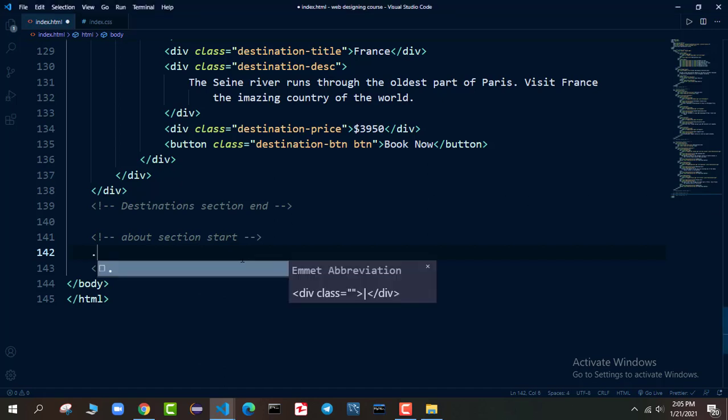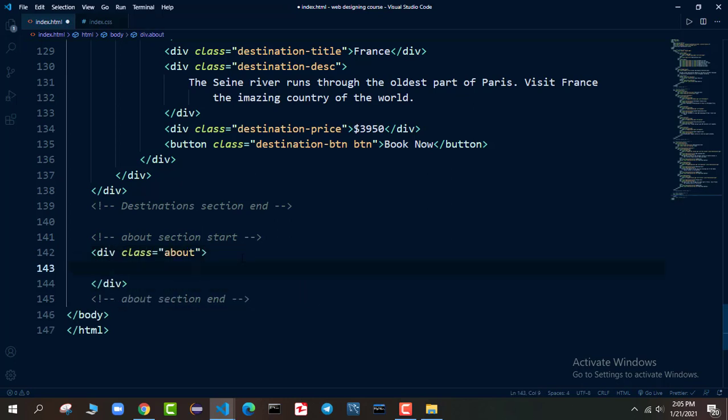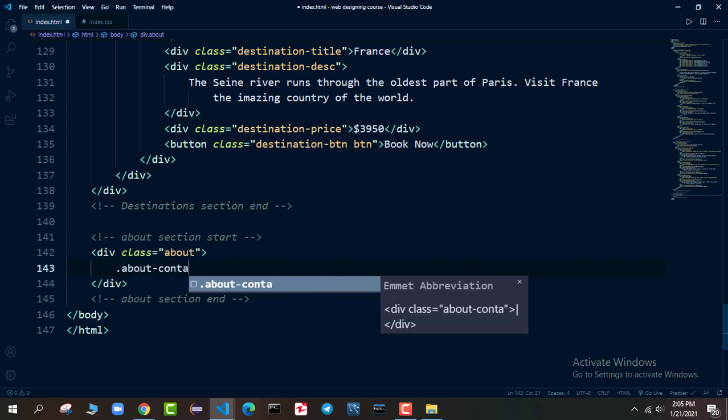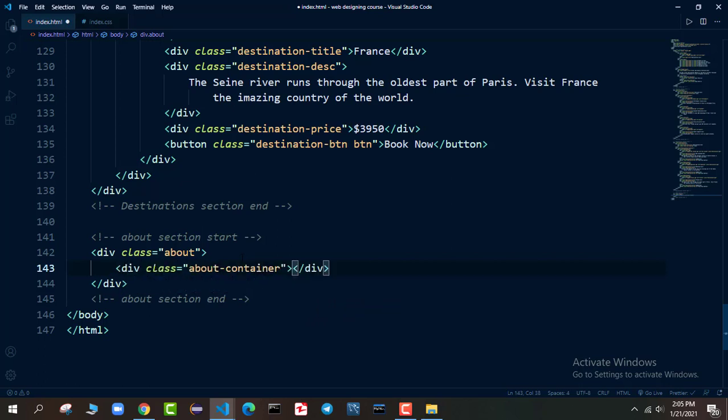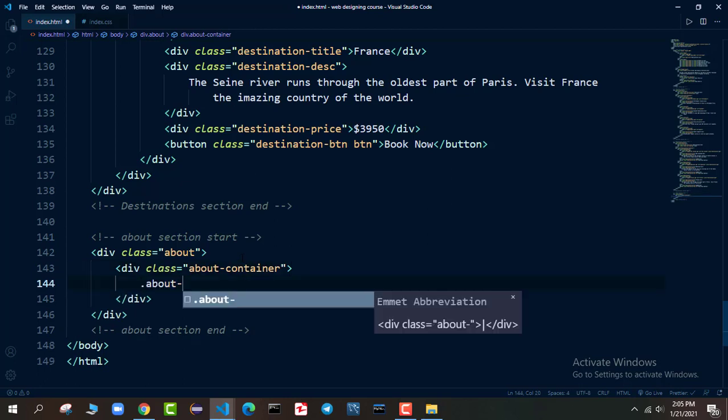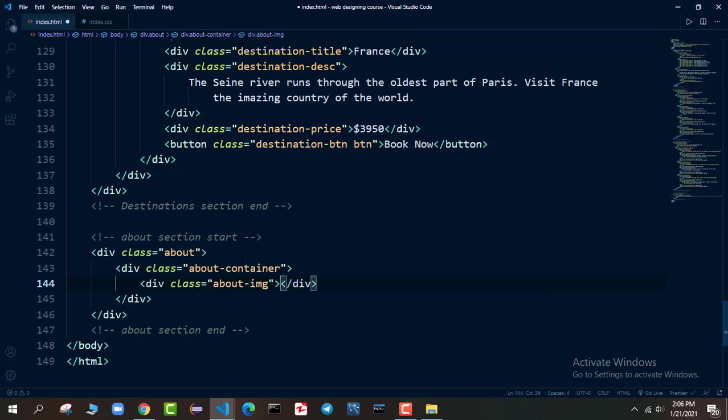Here I will say dot about, so it will create a div called about, and I will say about container. As you know, in the about container we have two parts. We have about img, and in the about img we will not add anything, we will add this with the help of CSS.